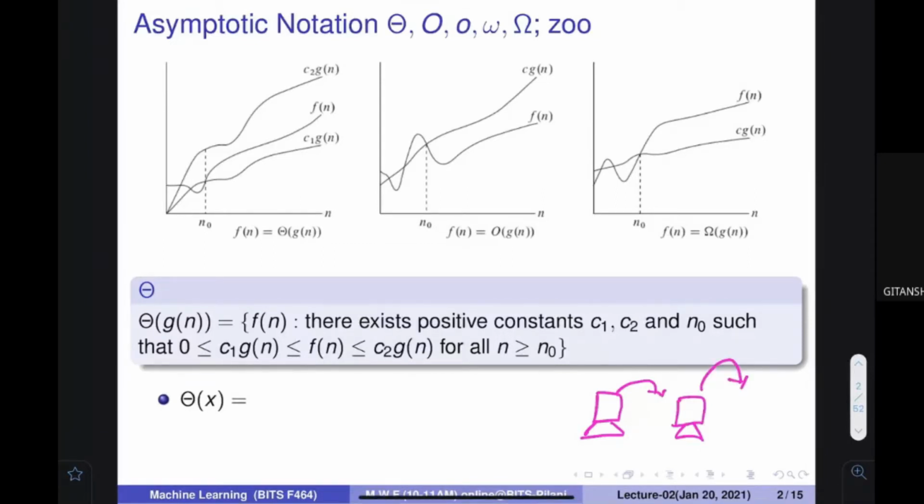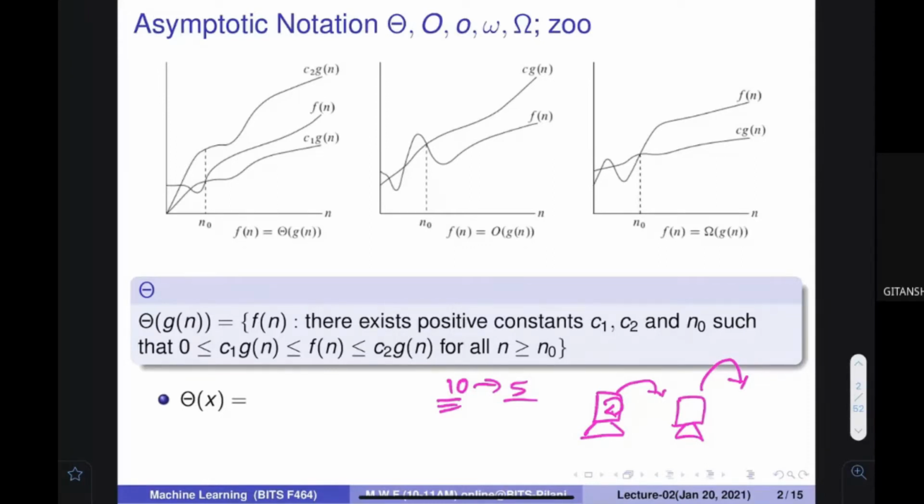But if we want to see from the perspective of the algorithm, then we should not consider the actual number of instructions that are executed by the machine. Why? Because the machine can be better, and the same algorithm that is taking 10 minutes may, after some time, in a few years, only take 5 minutes. Can you say that this algorithm has become better? The answer is no. If you want to understand the effectiveness of an algorithm, then you should be independent of the machine behaviors.